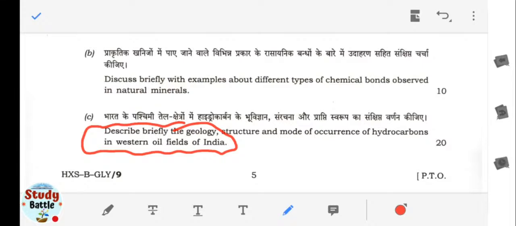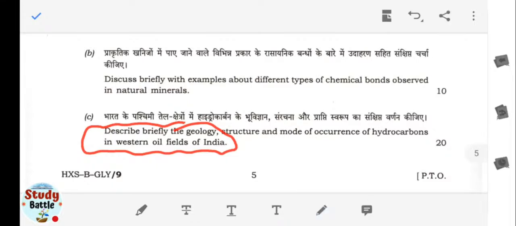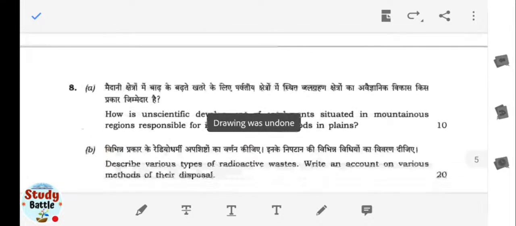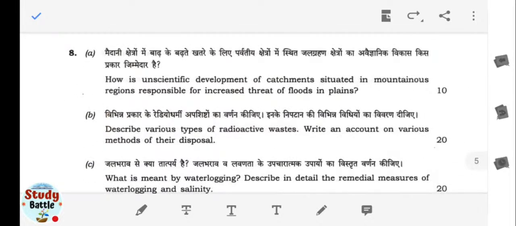So studies are going on. If you don't have the recent data about Rajasthan state, you can talk about the Bombay High as well as the Gujarat portion. Okay, especially you have to talk about the western oil fields. Next one is question number 8. How is unscientific development of catchments situated in the mountainous regions responsible for the increased threat of flood